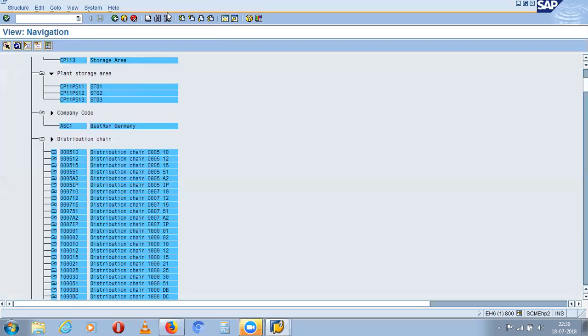And under ASC1, create one more plant. As of now, we have CP11. Create one more plant, CP12, and then add a store location to that plant also. Yes, ma'am. This is your assignment for tomorrow.